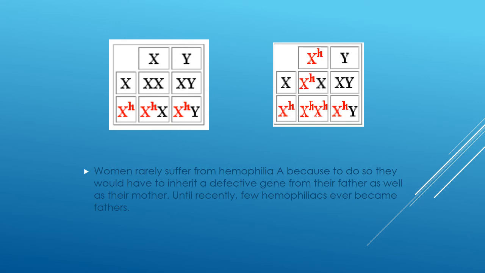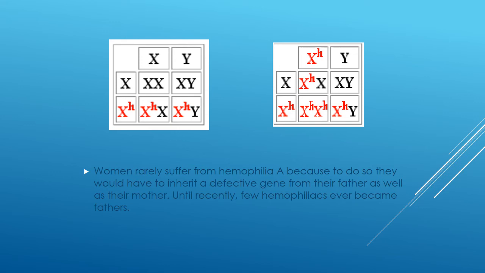So women were always carriers and men were the only ones who officially got it. Nowadays with current medical advancements, it happens a lot more often. Men are able to grow up and actually be old enough to have children. And so it's more probable for women to have it now than it was before,